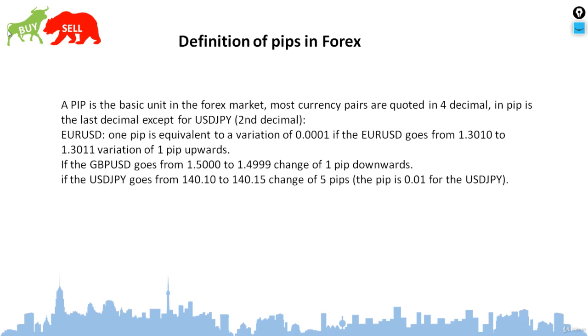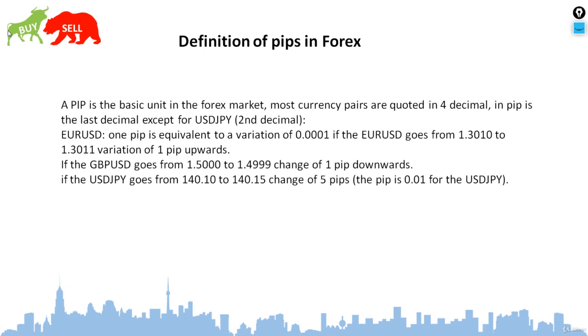We are going to start with the definition of pips in Forex. A pip is the basic unit in the Forex market. Most currency pairs are quoted in 4 decimals. A pip is the last decimal, except for USD JPY, which is the second decimal. For Euro USD, 1 pip is equivalent to a variation of